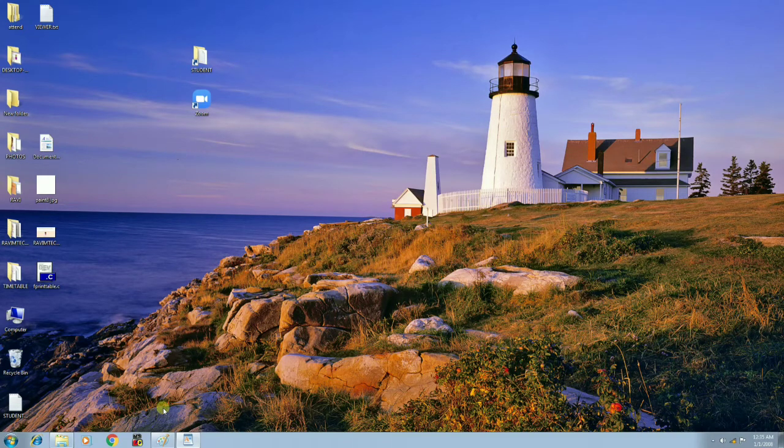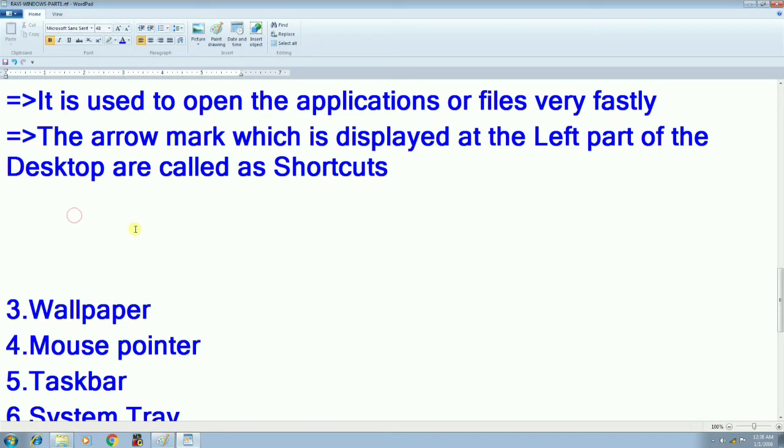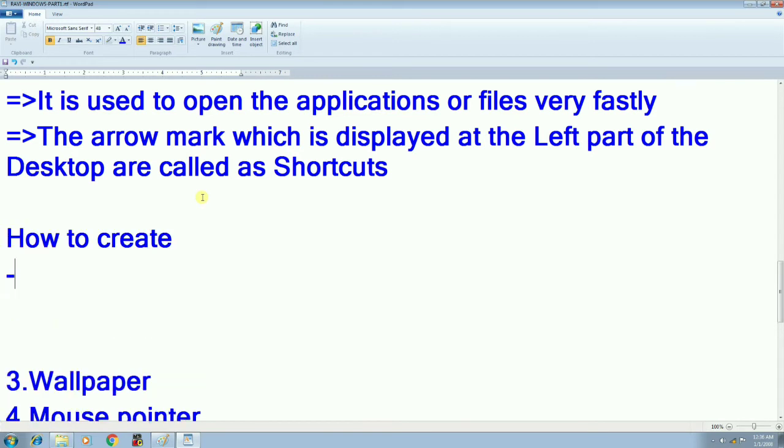To create the shortcut, I will explain practically. I think all of you understood the beauty of the shortcut, how fast it opens the application. Now, how to create a shortcut.